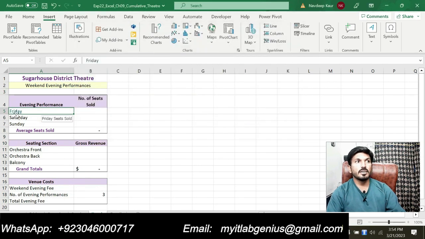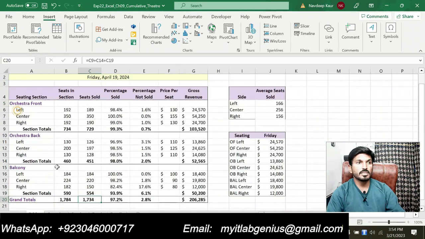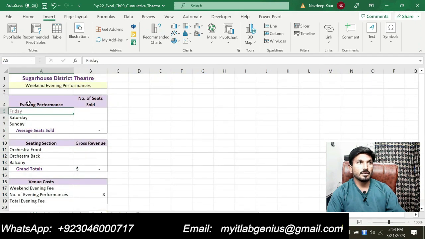So we have inserted a hyperlink, and we can check this when we click on this one. You can see that it will take us to cell C20 of the Friday worksheet. So this is cell C20 of the Friday worksheet. So the link is working correctly, and when you go there, it will show Friday seats sold. So let's